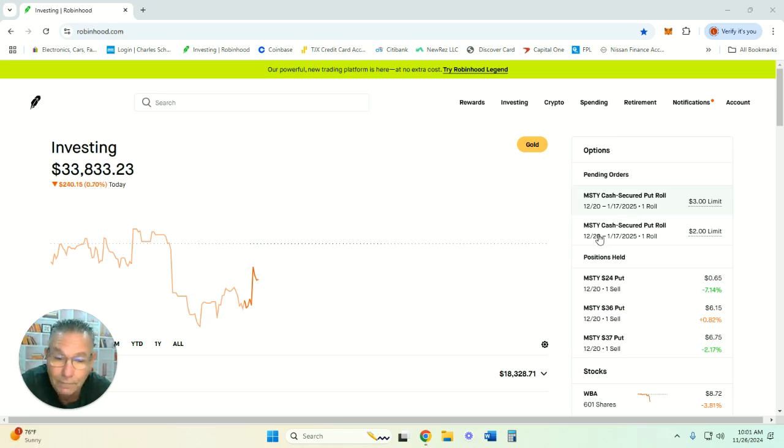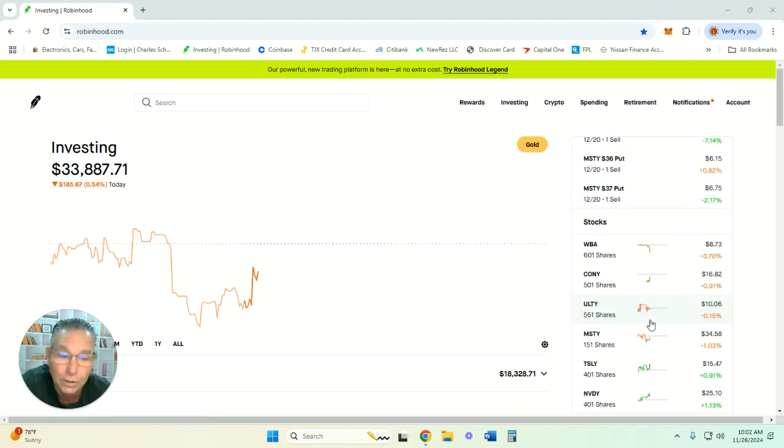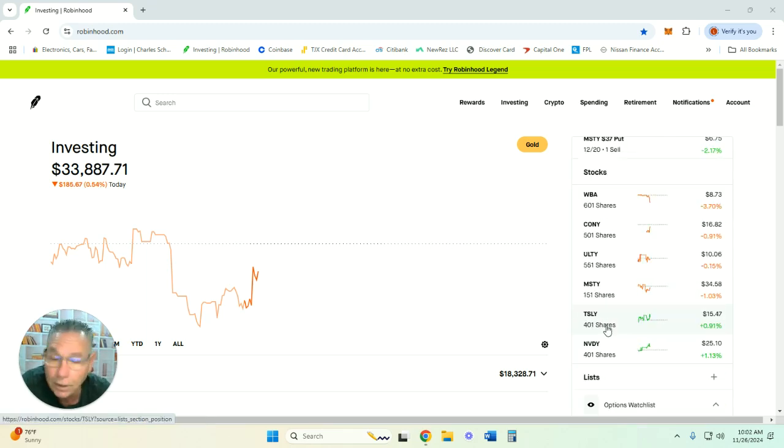I think this is going to be very good. Because if it goes down, I collect. If it goes up, I collect. Very important. I collect either way, okay? So let me know what you think about this system that I'm creating. I'm thinking I got to be creative because if I just sit down here, my shares are not going to grow. Now, I'm going to continue buying these like normal, okay? I'm going to continue growing Connie, Alti, Tesla, and NVDY like I always do.